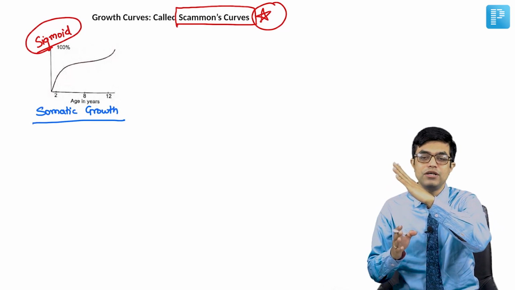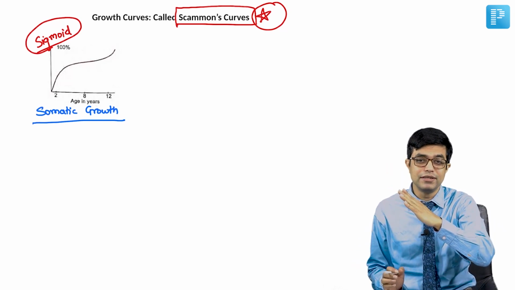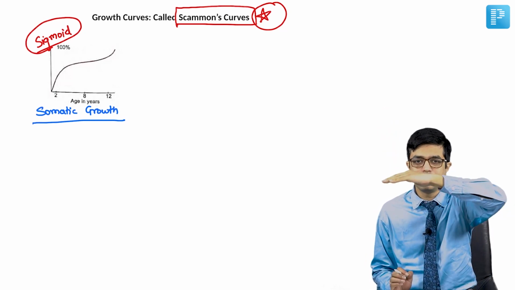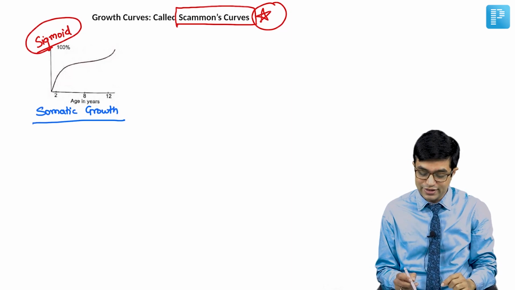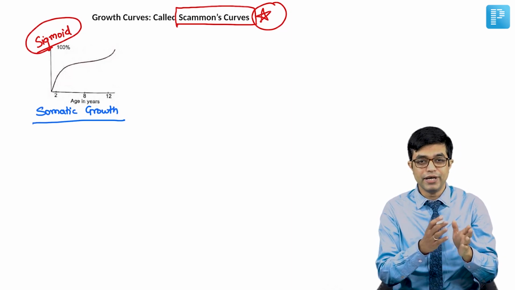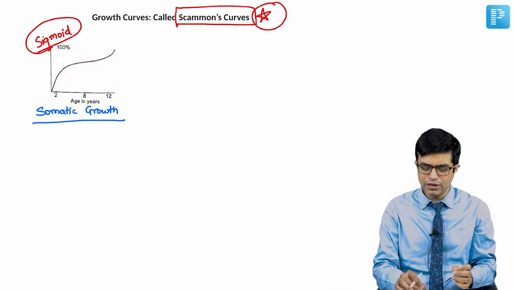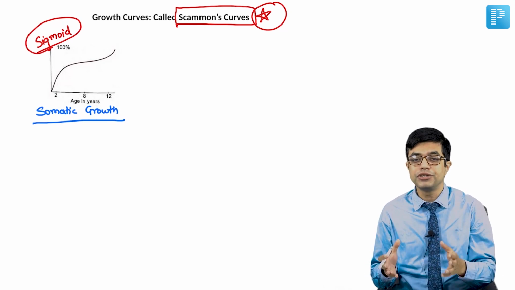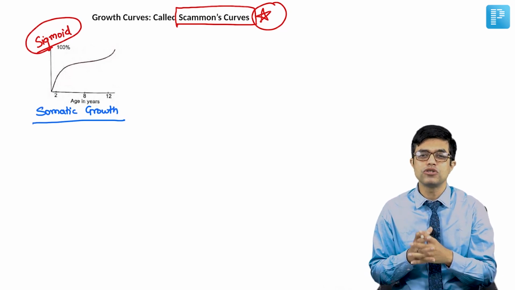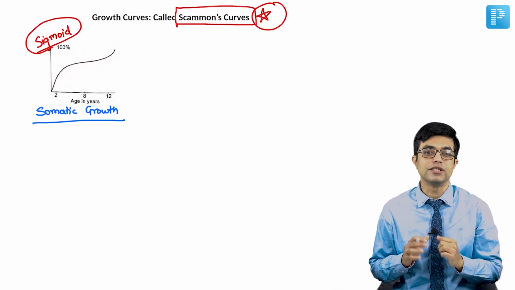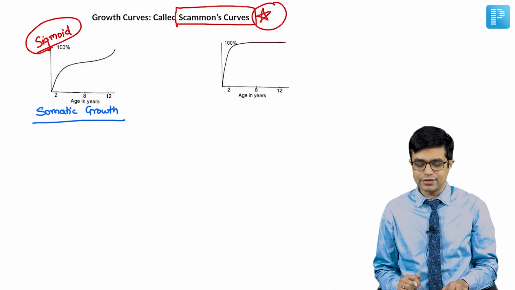But as soon as 9 to 10 years of age comes and puberty begins, again there is a pubertal growth spurt, so it rises. It rises, becomes stable, then rises again. So, this is known as the sigmoid growth curve or somatic growth pattern. You may get a visual on this. They may put an unlabeled photograph and ask you which organ system shows it. It is not the organ system, it is the entire body, the overall somatic growth pattern of any human being. The second pattern is this.